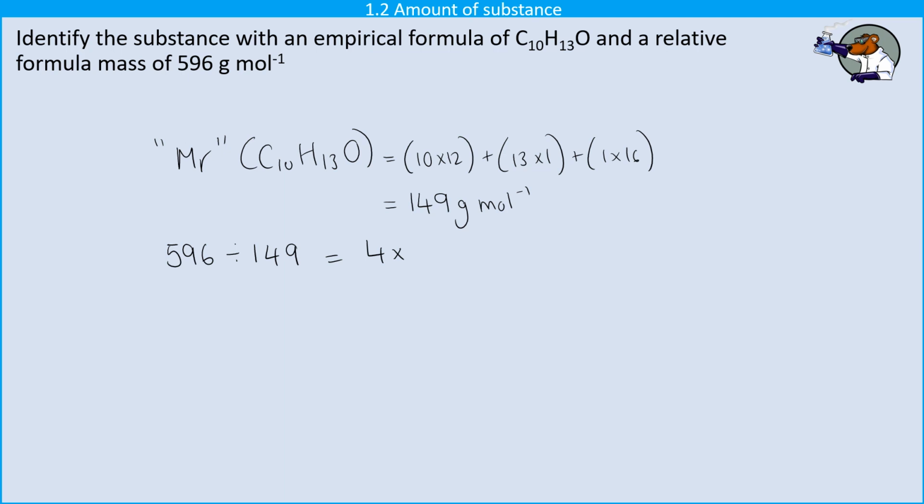empirical formula. So that means that I need to take all of the numbers in the empirical formula, including the imaginary invisible 1 that we can't see next to the oxygen because chemists are lazy and we never write the number 1, and we need to multiply all of those numbers by 4. So my carbon becomes carbon 40, my hydrogen becomes hydrogen 52, and my oxygen becomes oxygen 4, and that's my